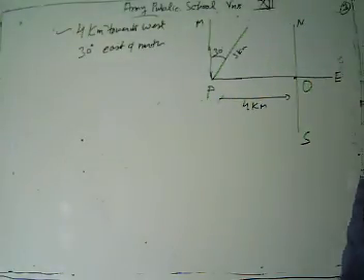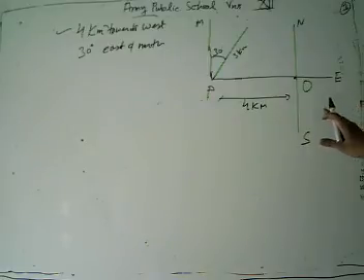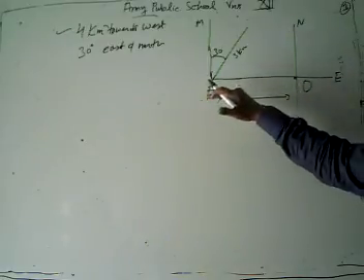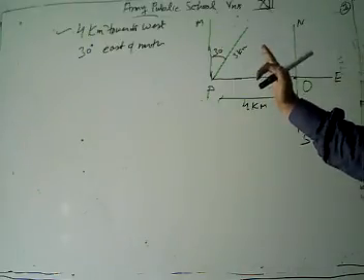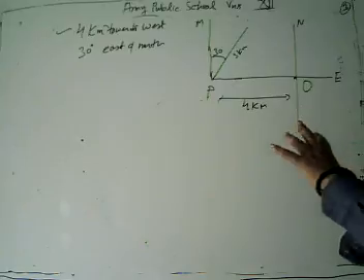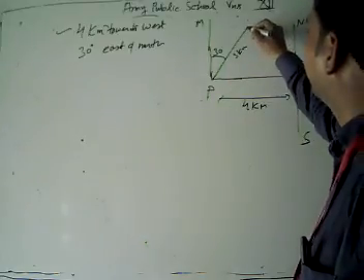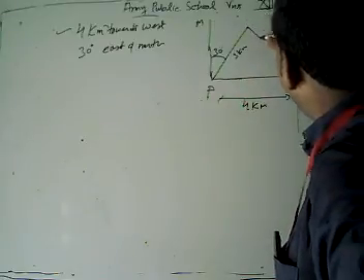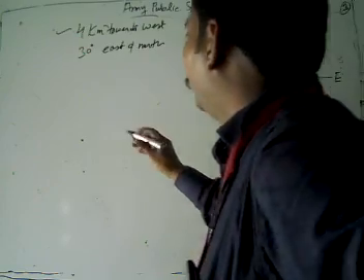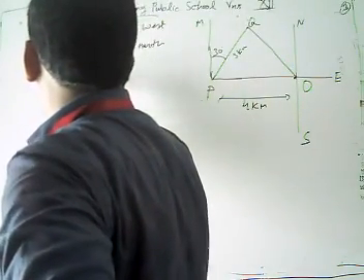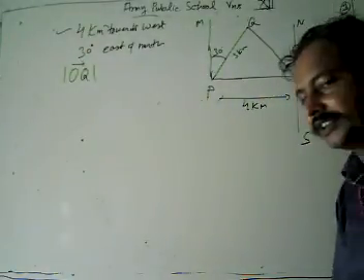First of all, we have to draw a rough figure. Now look, from O to P it moves west 4 kilometers. Then from P it moves along PM, and then it moves 30 degrees. Now look, we have to find the distance where the girl stops. We have to calculate this distance OQ. We have to find the magnitude of OQ, because that is the distance covered by the girl.